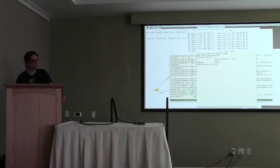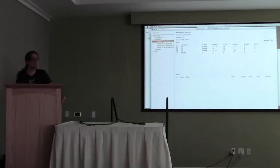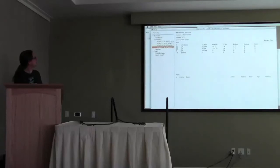And this gives us a lovely little window that tells us the current status of Floodlight, as well as the DPIDs of all the switches that are attached. So, we can see here that we have a number of DPIDs, and what we can do from within Avier is,